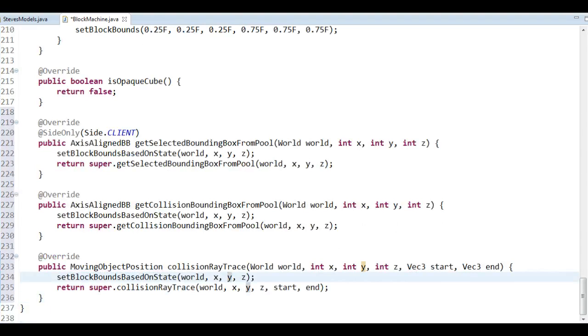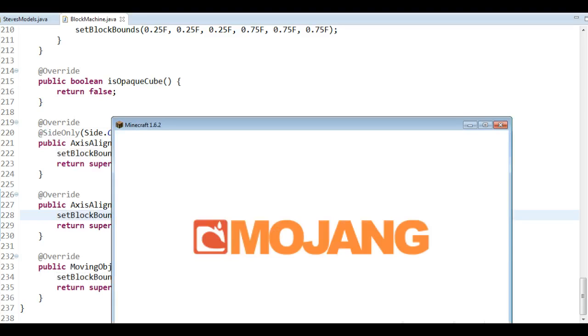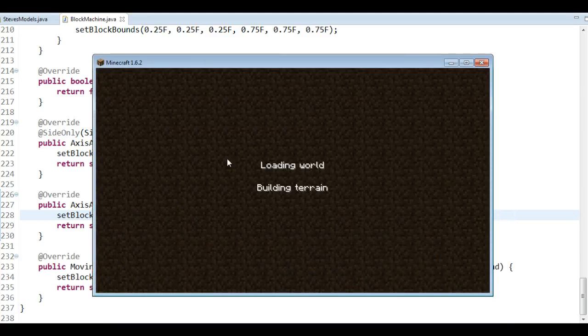So the same thing with all these things. We set the block bounds based on state, and then we do the normal thing by calling the superclass, just to make sure that everything is being updated properly. If we take a look now, we'll see that it should work properly. Here you go. And if I load it now, we should see that it's not going past the wall,